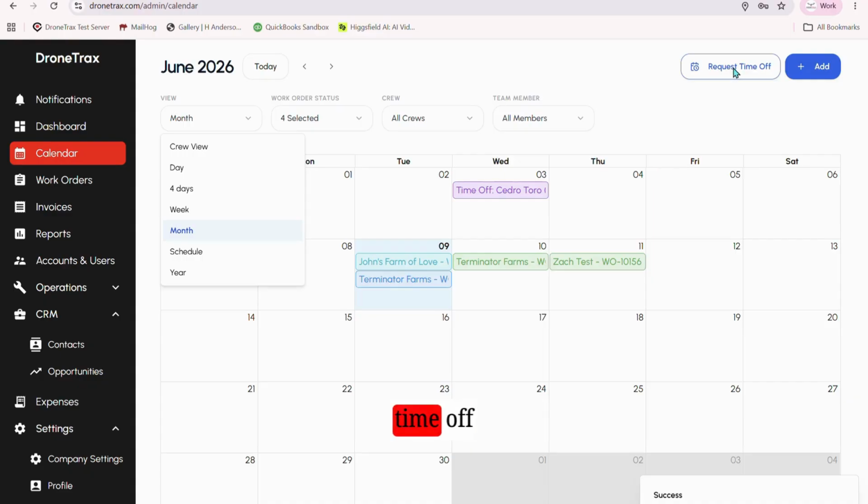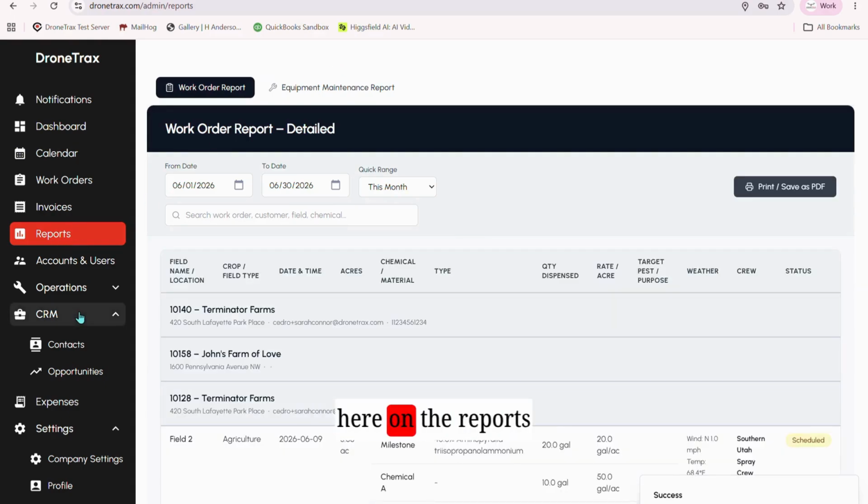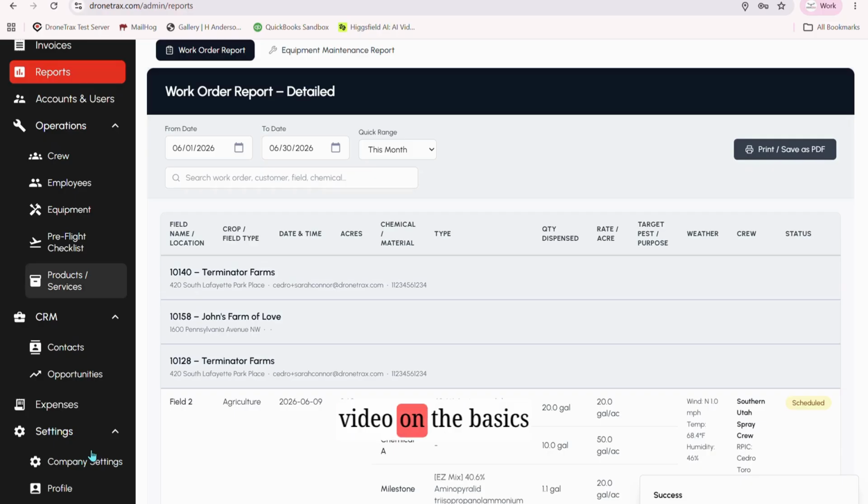Your team can request time off, and you can approve the time off so that they can get a break from spraying, which you're never going to do during the summer. There are more reports here on the Reports tab, more things you can do in the Operations tab, but I'm not going to go through all that because this is supposed to be a really short video